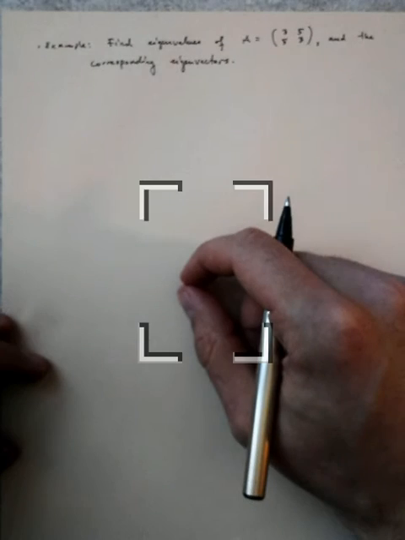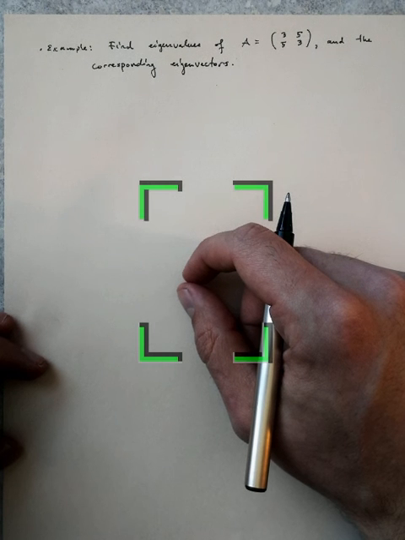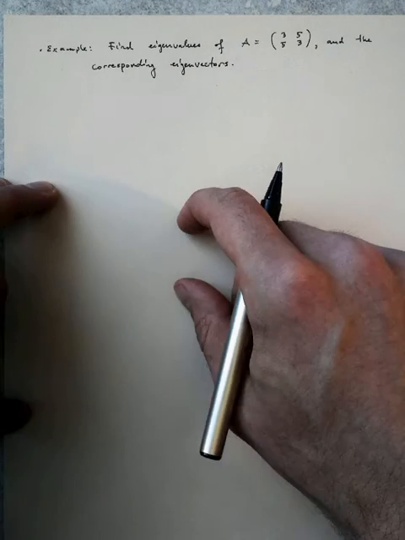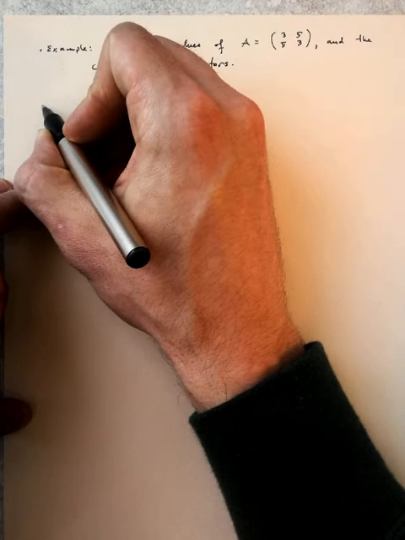To do that I'll use the characteristic equation, and then I want to find the corresponding eigenvectors. Okay, so it's a two-stage process, so let's start by finding the